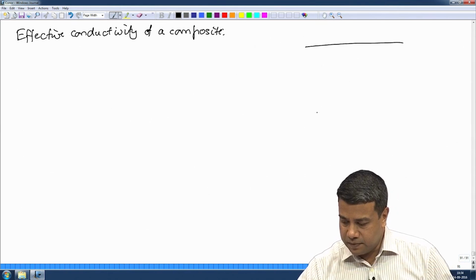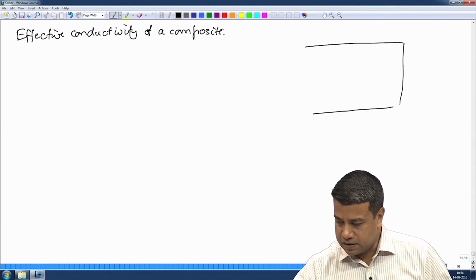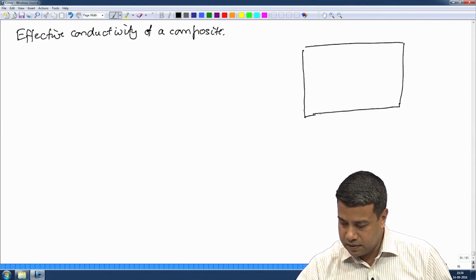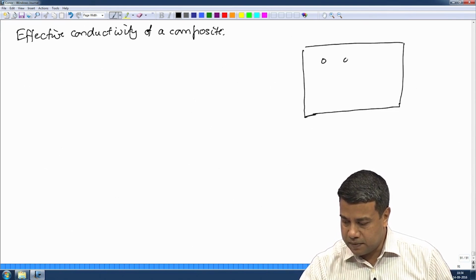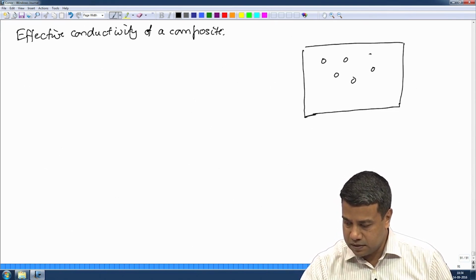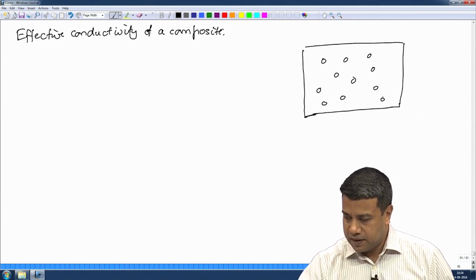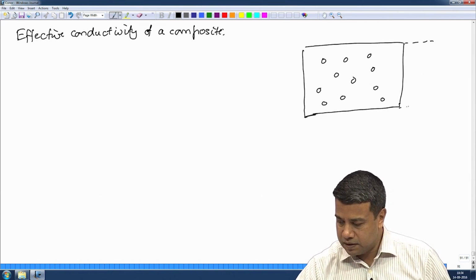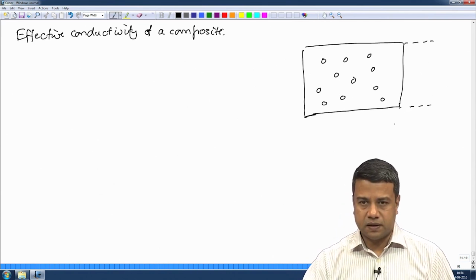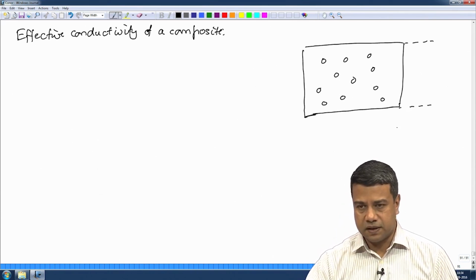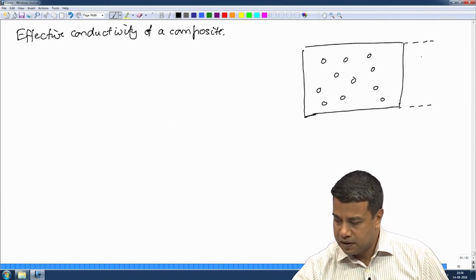So, what you have is a composite material which consists of a matrix and spherical particle inclusions, across which there is a certain temperature gradient that is imposed. If the length of this composite is L,